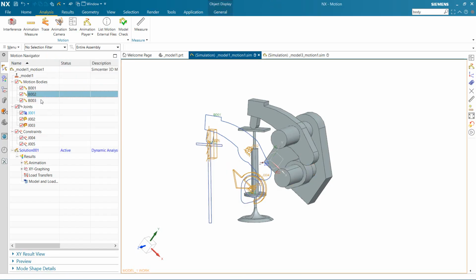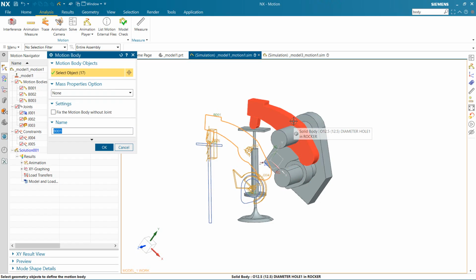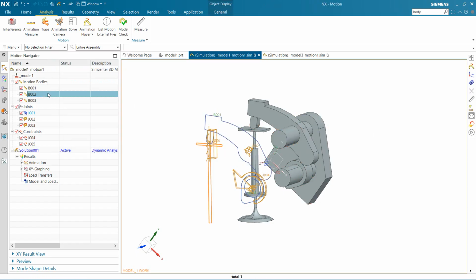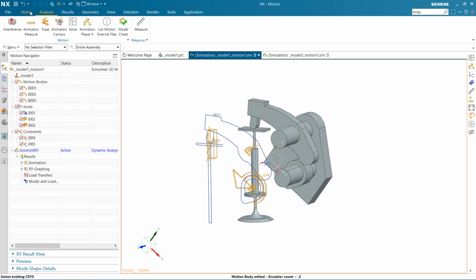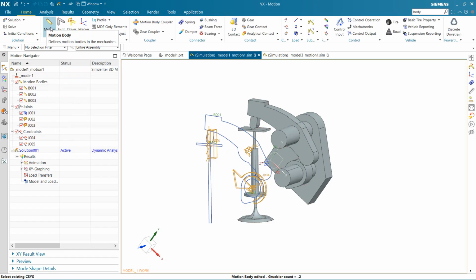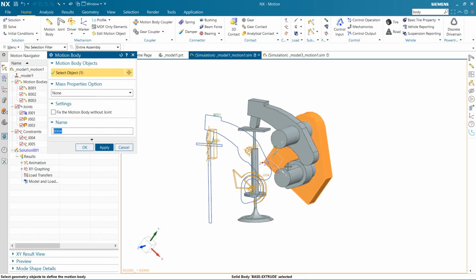Okay, that's this here, this, okay, this here, this, and also we should choose another motion body to fix it in the environment.